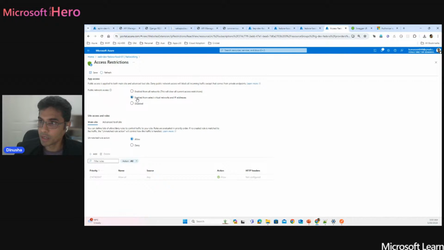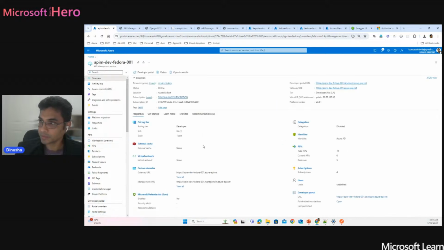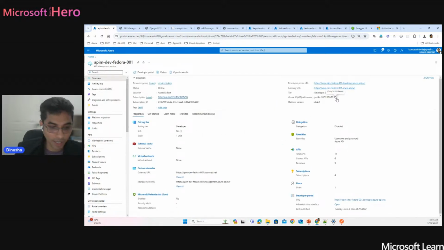What we can do is enable access from selected networks and deny everything else. And we can add a rule to accept only our Azure API management instance. So if we go to our API management instance, this is our public address in this scenario. So we can add that endpoint for the moment. This is if you are not integrating this with private endpoint, but if you are integrating API management also to the private endpoint, then we can use just the private IP address. But in this scenario, we can just copy this one,